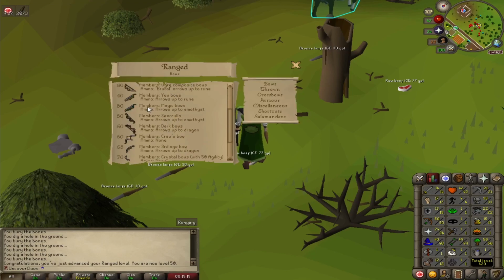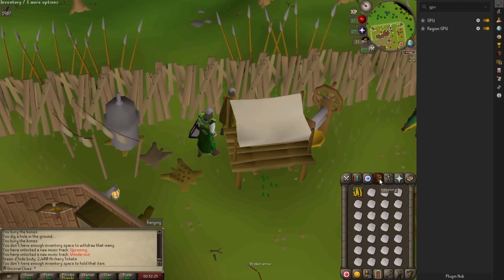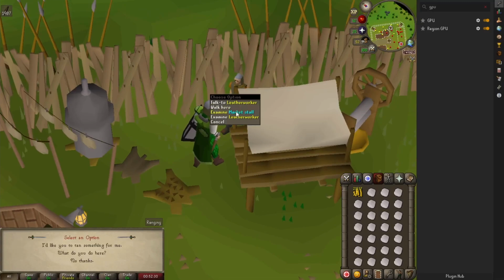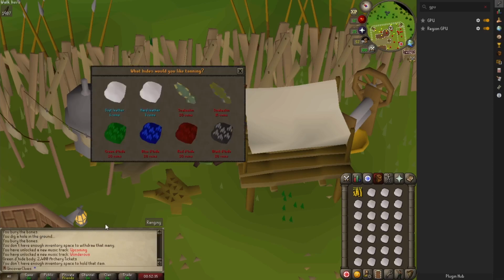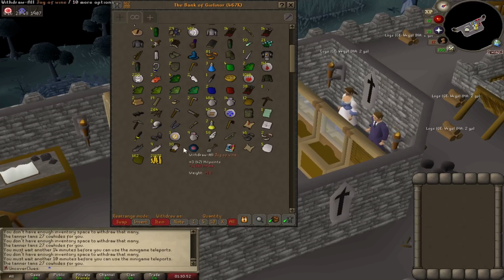So that's pretty good. Magic shortbow, hopefully we get lucky on a hard clue and get one of those. 67 cow hides collected, which will be more than enough to get us level 14 crafting. We are at the tannery. It's weird how this doesn't have a right-click tan option. You have to go through all the menu just to get into it. There we go, we can tan all our soft leather. We have 162 leather tanned,